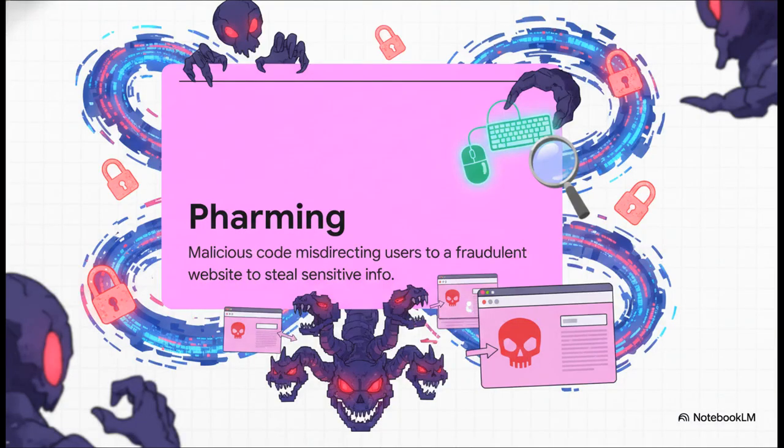But hey, what if you're careful? What if you never click email links, and instead you meticulously type the exact correct web address of your bank into your browser? Well, that is where Farming comes into play. Farming takes deception a terrifying step further. This malicious code hijacks the actual web routing, so even when you type the correct address flawlessly, it forcibly misdirects you to a fraudulent, official-looking site to steal your information. It's invisible, and it is highly dangerous.